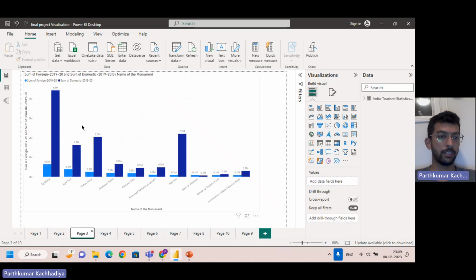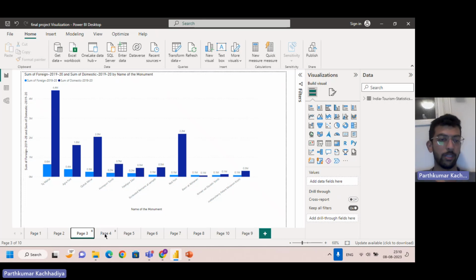The next page is about the comparison between foreign and domestic tourists in 2019 and 2020. I covered these years because of the COVID pandemic. In the early stage, the Taj Mahal, Agra Fort, and Qutub Minar led among foreign people, with 6.6 million, 0.4 million, and 0.3 million, meaning 300,000 people. For domestic, the Taj Mahal stays number one, but the silver medal goes to Red Fort, with 2.2 million people who literally went to Red Fort in that year,